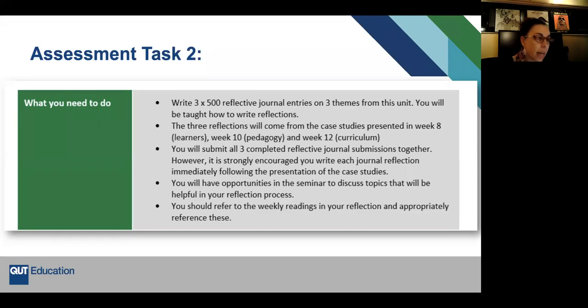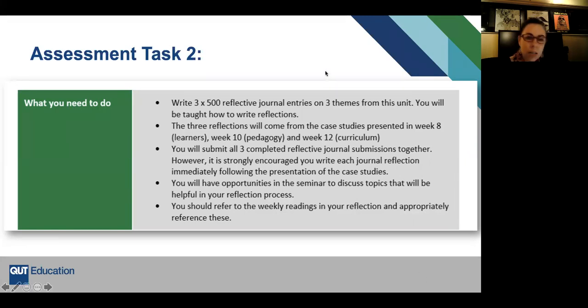Okay, so the case studies are all in the assessment folder. She's introducing them a week at a time. So as I said, the first one is week 8, that's sitting in the assessment folder, and also week 10, the pedagogy one. But it's also, I'm pretty sure, in the general folder for this week as well. Has anyone else seen it there? Yeah, I'm pretty sure I saw it there too. Yep. So in 2 different places, but they will always be in the assessment folder as she puts them up. Okay. Great, thanks. A pleasure indeed.